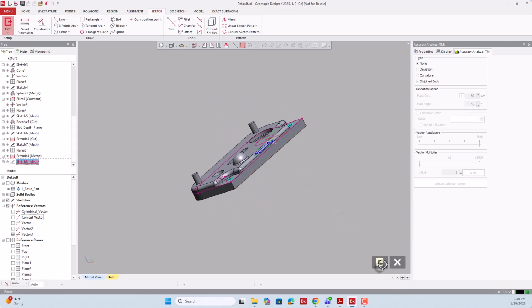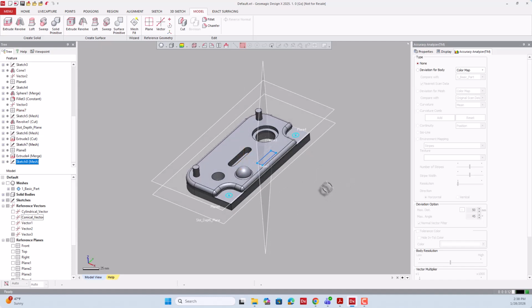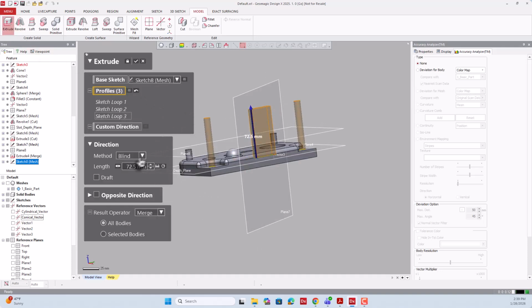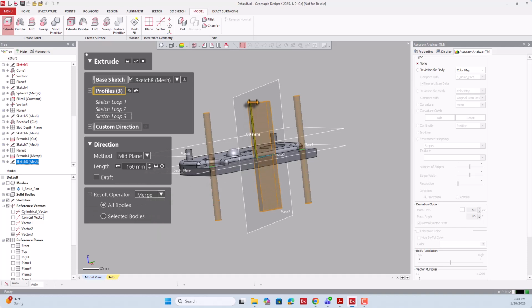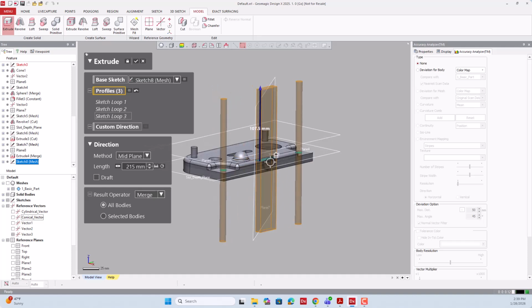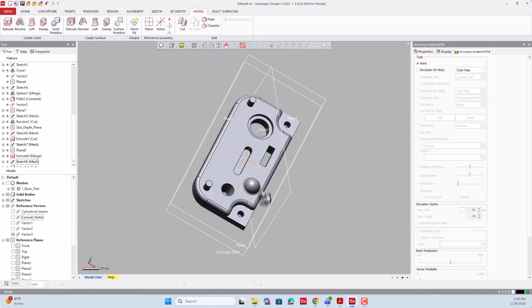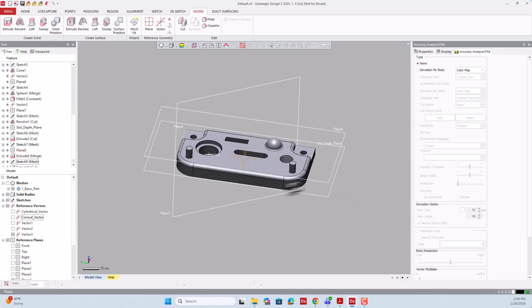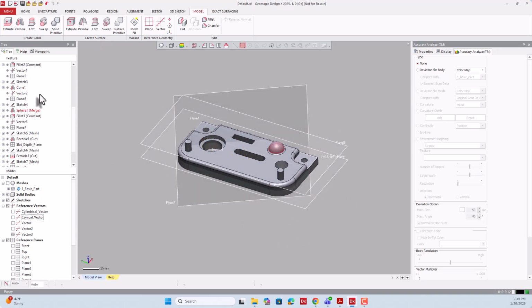Now, since it's all through holes, I can come out. I can go to the model tab. I'm out of the sketch. I can say extrude. And in the method, we also have an option called midplane. So you can select midplane, and you can extend this through so that it extrudes uniformly on both sides. And you can add a cut tool. So now here we have made this particular body, and we have reverse engineered the CAD file from the basic